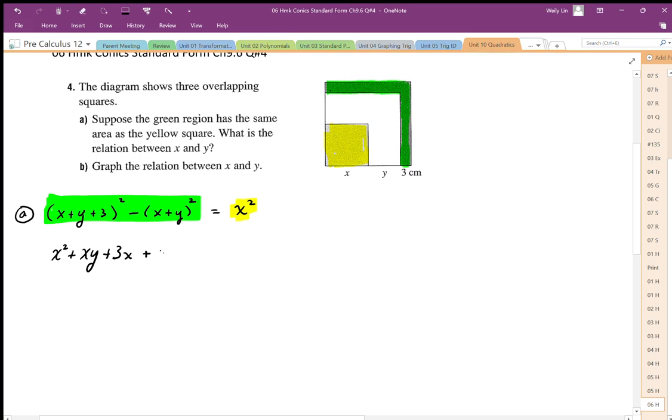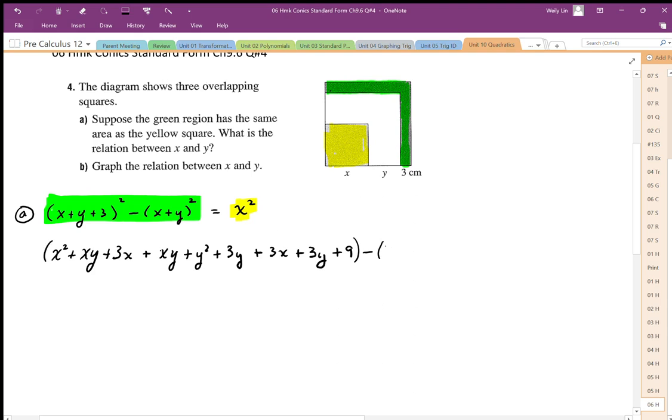I'm going to end up with xy plus y squared plus 3y, and then distribute 3. I get 3x plus 3y plus 9, and then I'm going to subtract, actually we'll group that, and then we're going to subtract the x